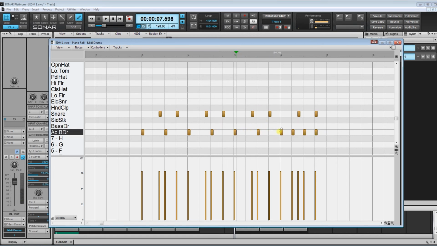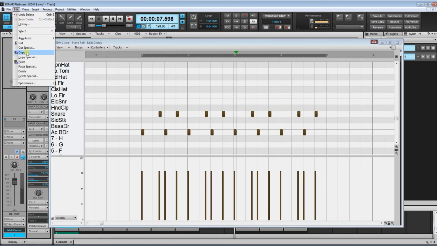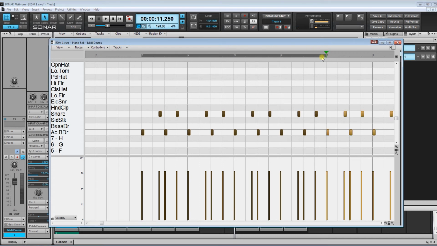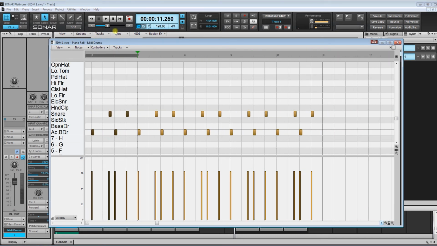So that could be cool too. That could be a fun, little different thing. So I can come up here, do this, we do edit, copy, come over here and paste this, and maybe we'll bring this second half back to what it originally was. I've got to come over here and change this to 16th though. See, I make mistakes too. It's very easy to, it's complicated. So we'll do this, right here. So now if we take a listen,